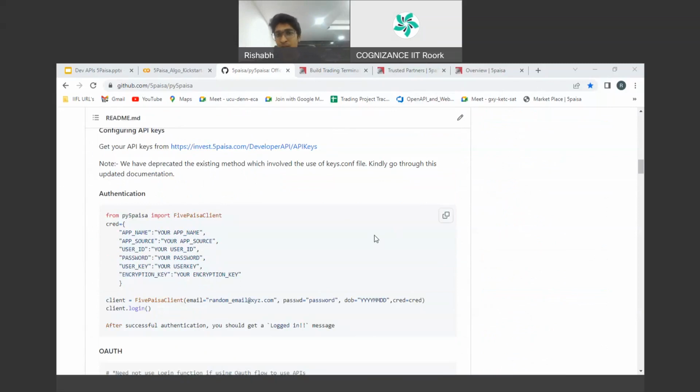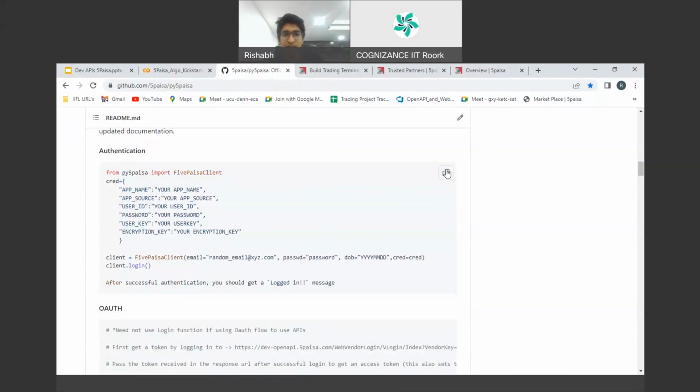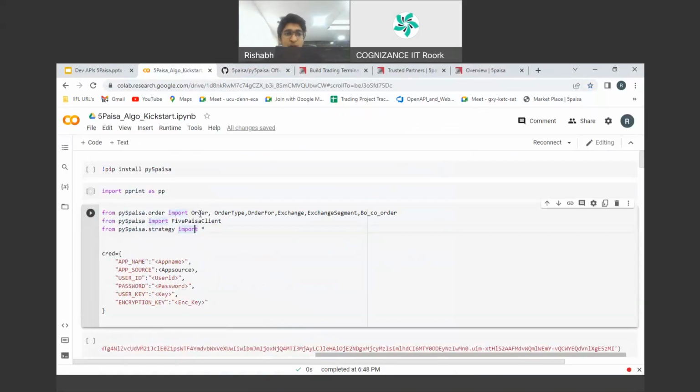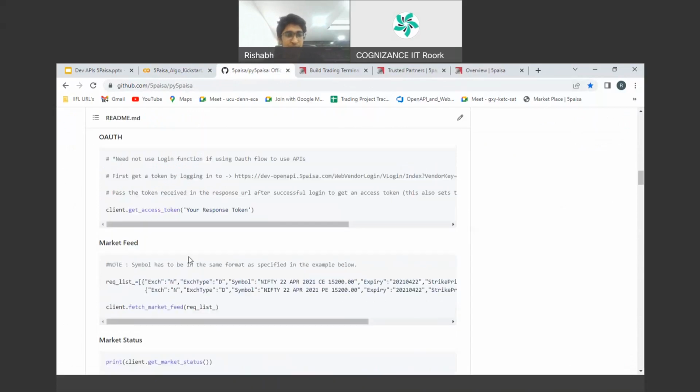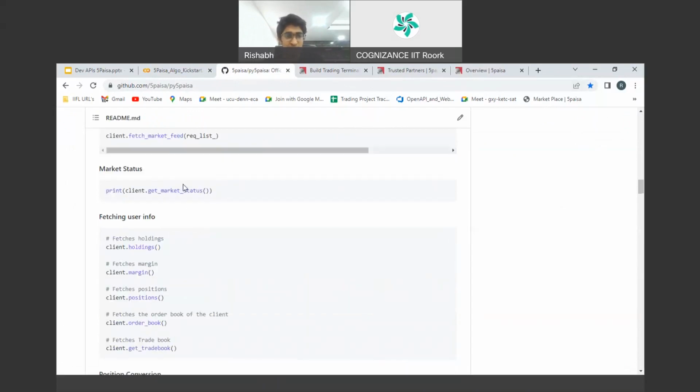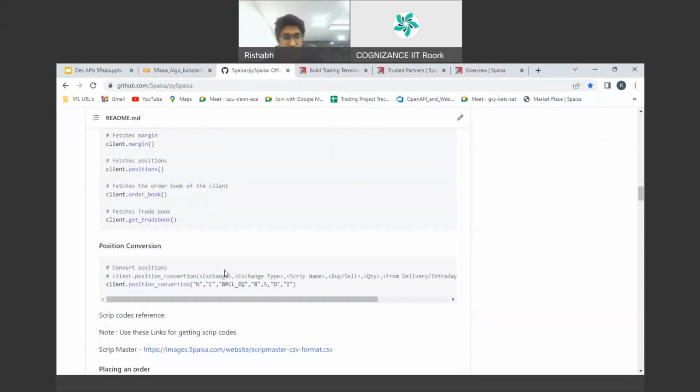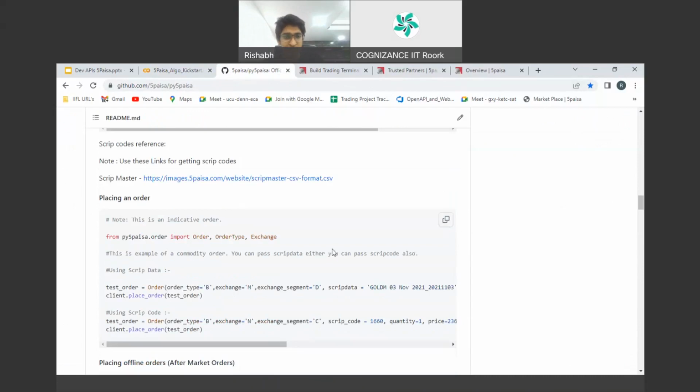Again, that is the platform that Parth was showing you in the previous session. You can go there, click on get API keys, and you will be ready with your API keys, and you can plug them in. Just copy this, put it in your code, and you're ready to go. This is the same thing that I did. Then we have all these APIs covered in Python programmable code syntax over here. You can just copy any section and paste it in your Python program that you are building for your strategy.